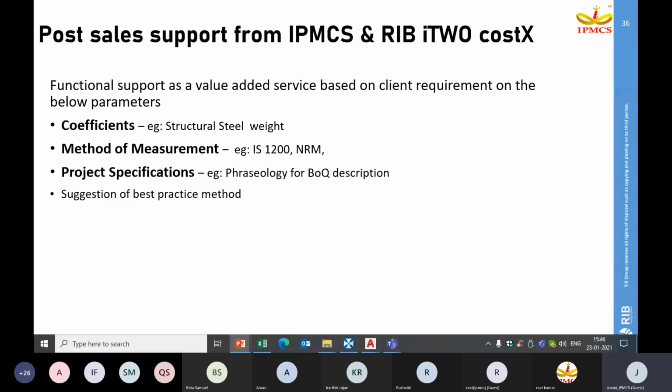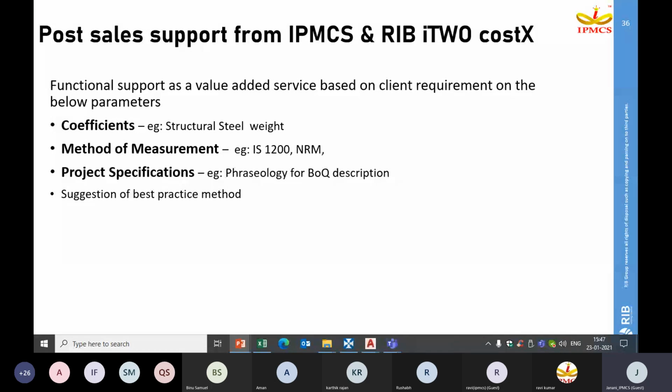For example, we'll be calculating structural steel quantities where we have to use steel tables, and those steel tables with the values can be implemented in Costex. The second parameter is method of measurement. If in your project you're going to use IS 1200, NRM, POMI, SMM, or QMM, those method of measurement standards can be implemented into Costex for your project estimation.